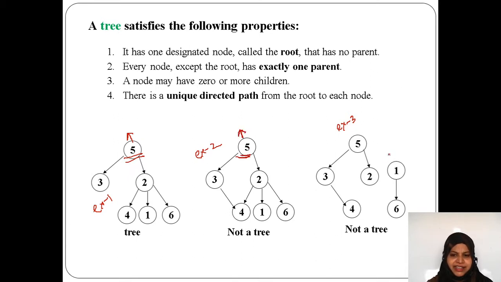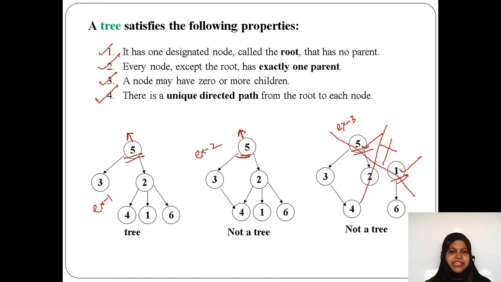In this case we have two nodes. Here 5 is there, 1 is there, so 5 and 1 both are there. This is also a root node, this is also a root node, so this is not a tree. Whenever we check whether the given nodes form a tree or not, that particular tree must follow these four properties. If any nodes satisfy these four properties, then we can say that it is a tree. It does not satisfy the first property, so this example 3 is not a tree. These two follow the first property.